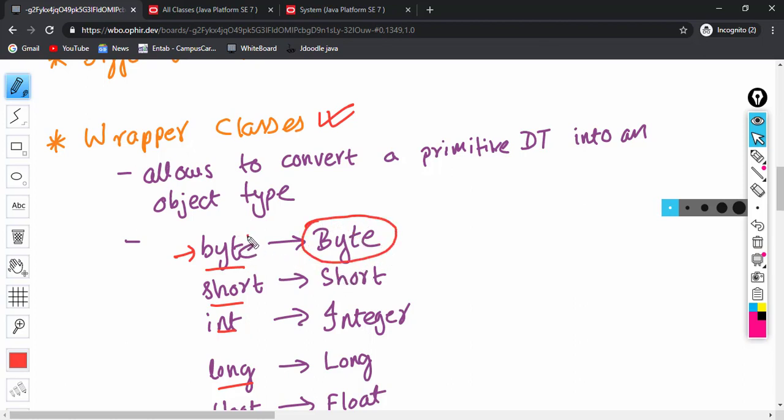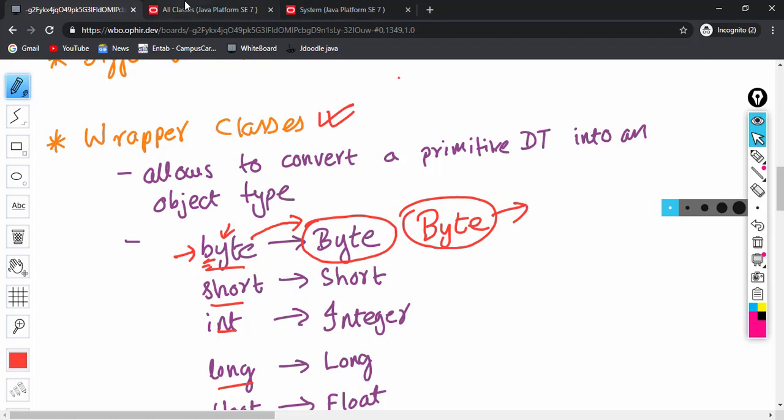So the primitive byte, small b, has its corresponding wrapper class, the capital B, Byte. So this Byte is the wrapper class for the primitive byte. And since this Byte is a class, there will be lots of functions inside this Byte class which can perform operations on the byte value.